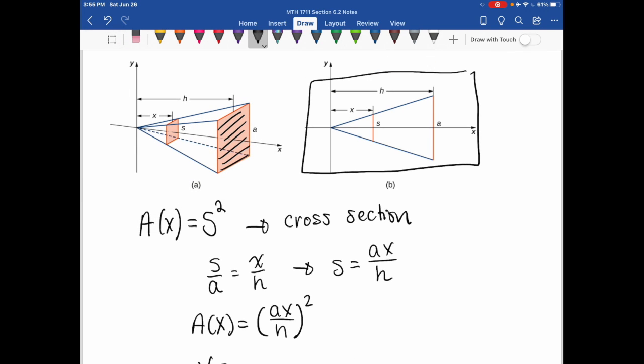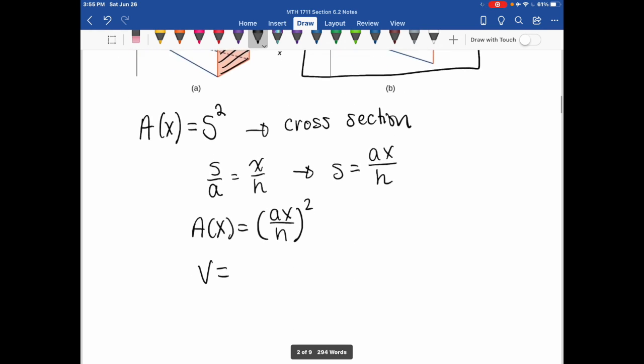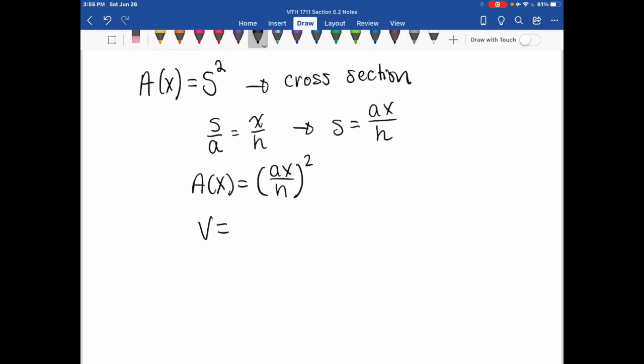So now I want to find the volume of the pyramid. And this is a general pyramid. We're looking for the general formula, not on a specific interval with numerical values. So we're going to start at 0. I'm going to label this in pink so it's easy to see. We're going to start at 0 and go along the x-axis. And my upper bound is going to be h, right? I'm going to go from 0 to h,